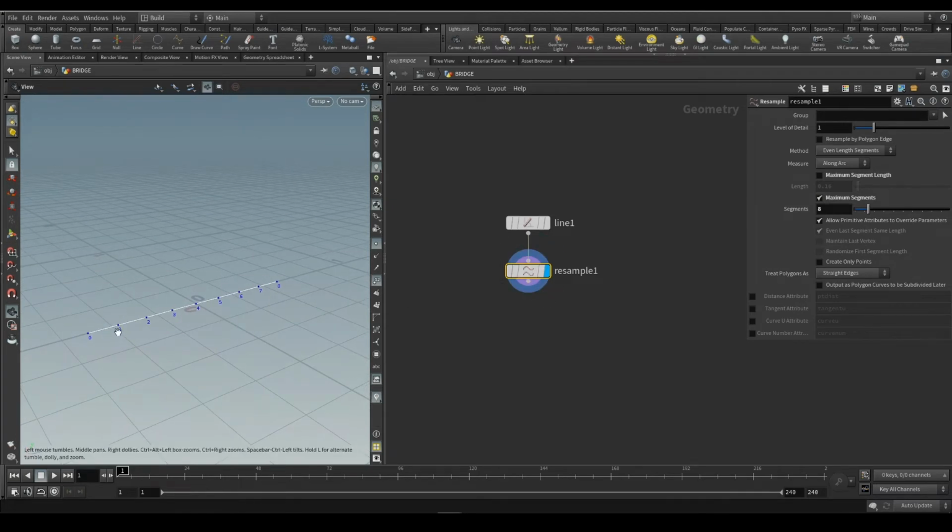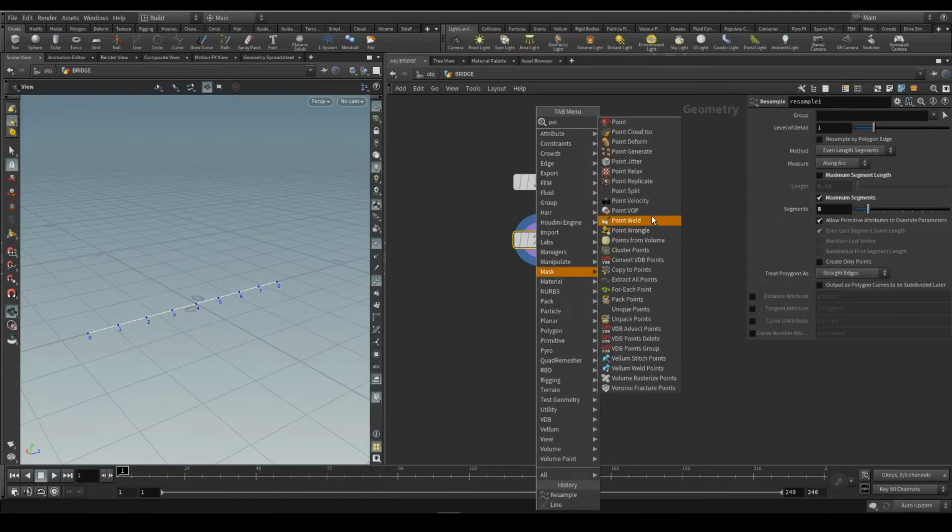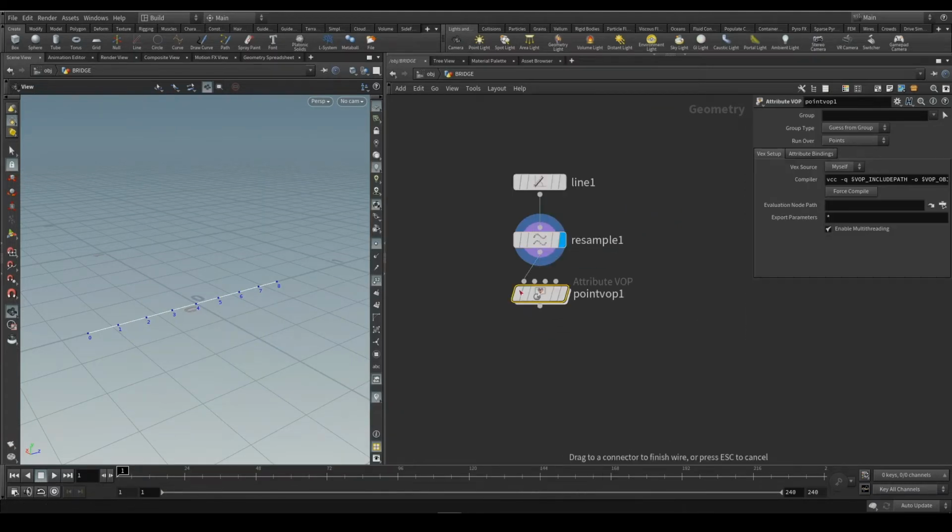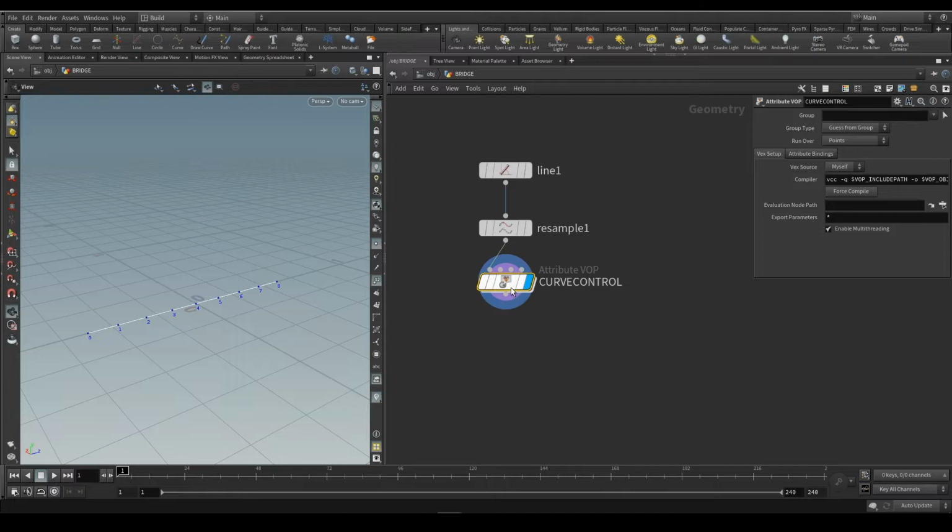So now we want to offset each point vertically. So on the y-axis, we want to offset their position. So maybe we could write an expression. Maybe there are 10 ways to do the same thing, but I think the most efficient is to make a point VOP right there, and maybe call it curve control. With the node selected and the C key,